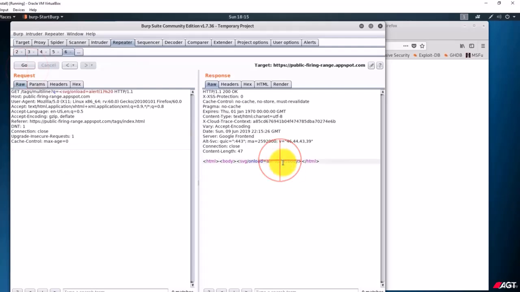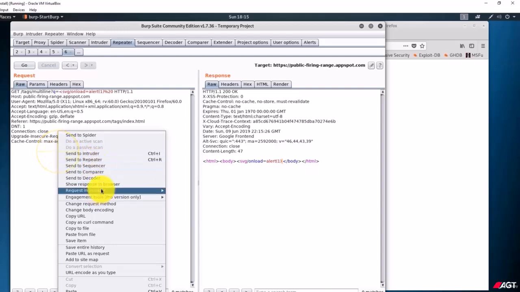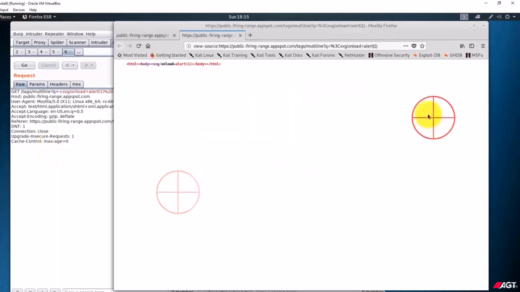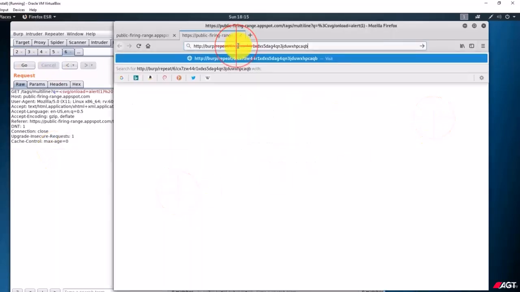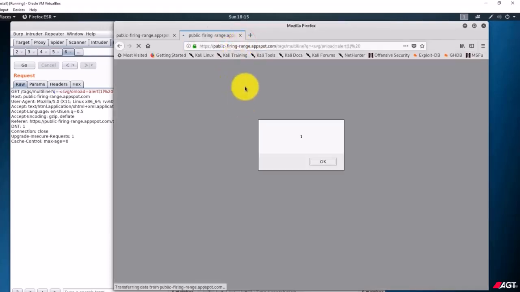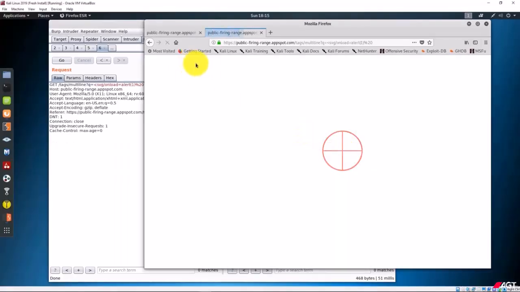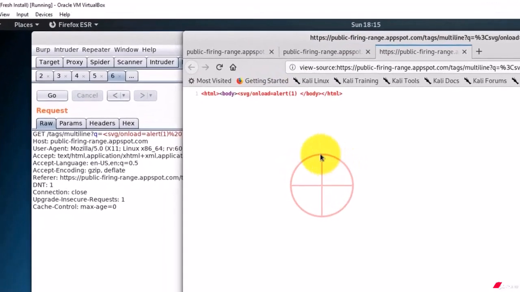All right. So it's actually working properly. Now let's see if that will work. So request in browser, same thing as before. Okay, that time we got JavaScript execution. Just take a look here how it's being rendered. All right. So with that small fix, we've bypassed the security mechanisms that were in place and have successfully carried